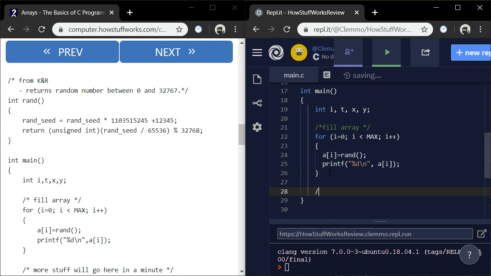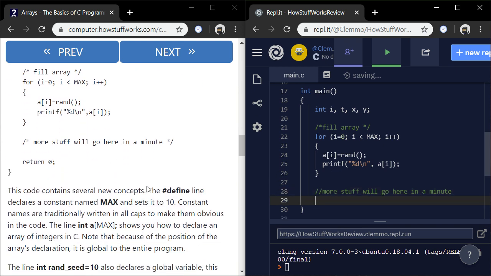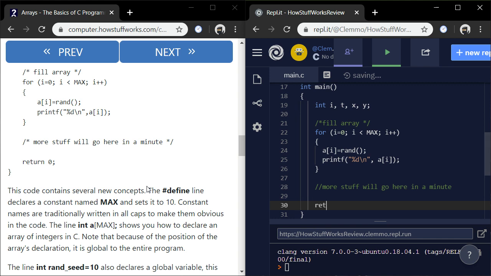And then it says they're using these multi-line comments for single lines. I'm going to use the, what do they call them? Single-line comments, I forget. It's easier to do a comment like this. A half line comment, or a single line. And then return 0 to end the program.